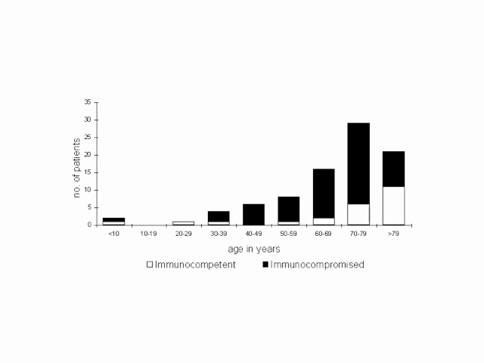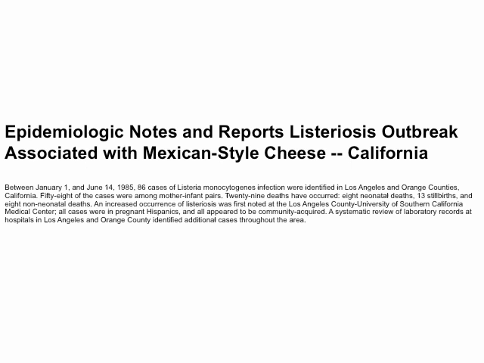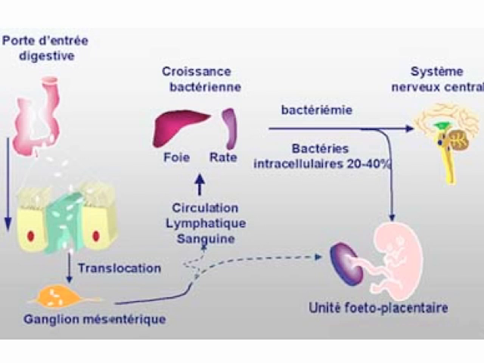And now, the very old typically have other conditions that make them more likely to get it, such as a malignancy, kidney, liver disease, and diabetes. So the elderly with comorbid illnesses typically are getting it. This is the famous Mexican soft cheese outbreak reported where pregnant women, neonatal deaths, etc., and miscarriages were occurring, stillbirths. Here's the example of how Listeria goes through the GI tract into the bloodstream and seeds the placenta or the